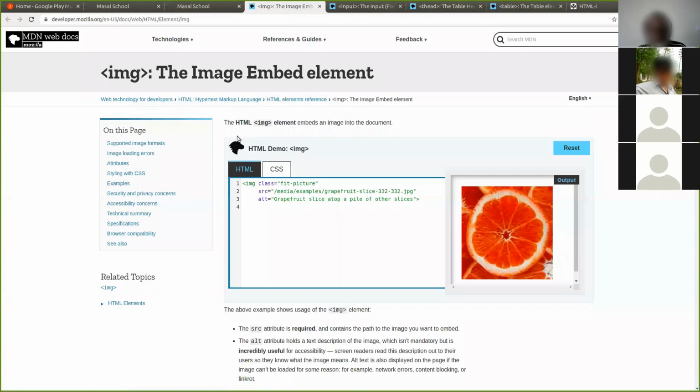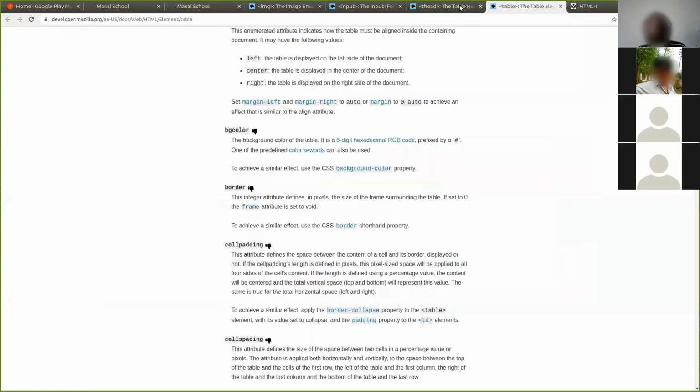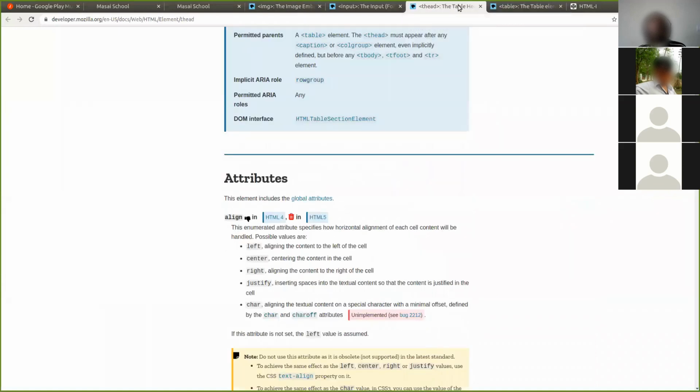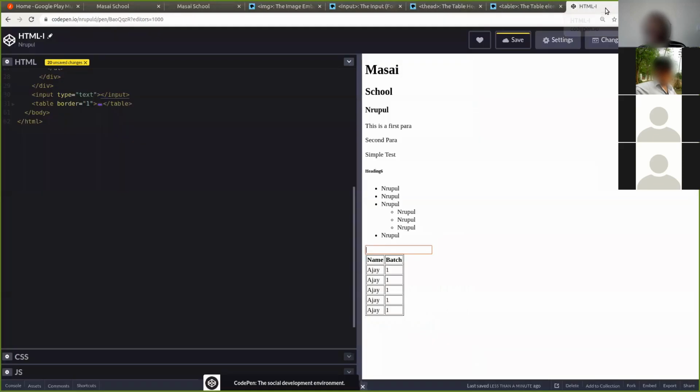Okay, so the next thing, before getting to any complex things, we'll look at simple images. Most of the time you need to put images. The image can be on your computer, or the image can be on the server. If the image is on the server, it has a link, an address. Today we'll look at how to put an image using an address. So let's say I want to put an image. I'll start with an image tag. The image tag is img. I'll end the image tag.